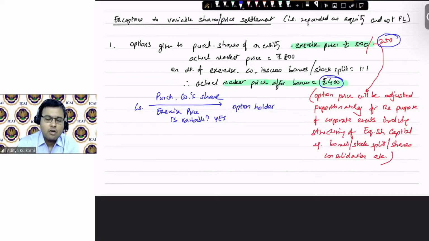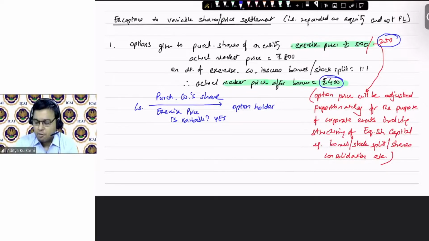And therefore, it is not actually variable in nature. These variability, 500 becoming 250, is merely protecting the rights of the potential investor,